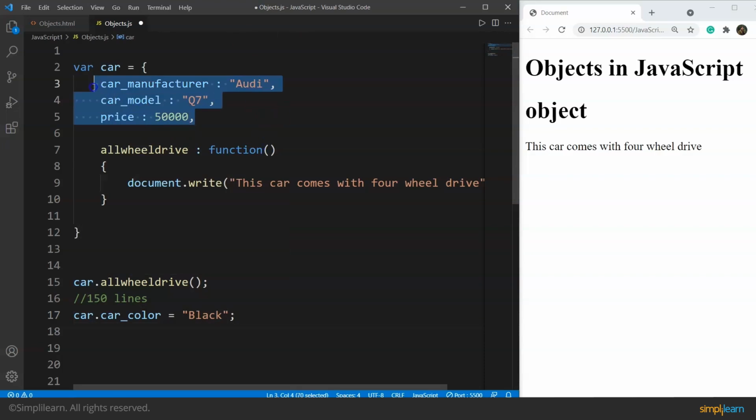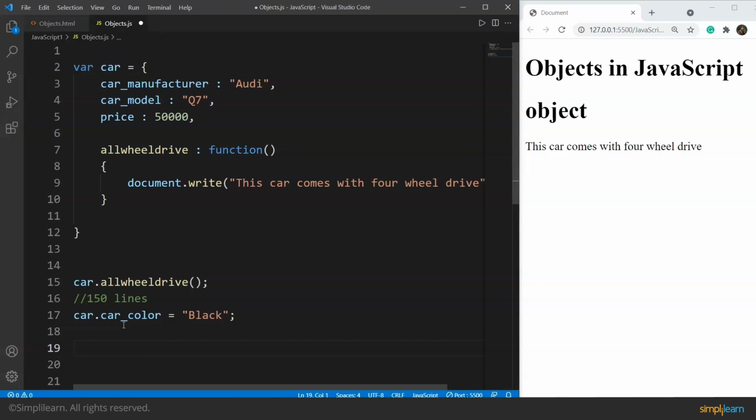Initially we had three properties. Now this line will add one more property to this car object. We are using the same object name, car, that has the three properties above. Now we have added one more property to this object car.